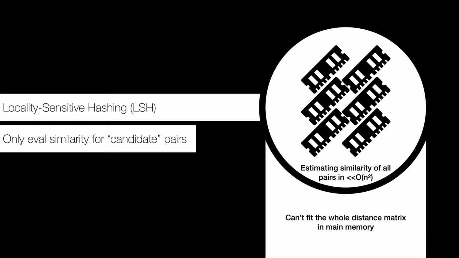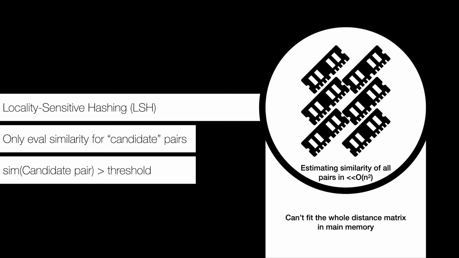So rather than trying to fill out the full similarity matrix or the full distance matrix for all n-squared pairs, we only want to evaluate similarity for some candidate set, some set of pairs. We only evaluate similarity among a pair if we think it's actually similar, if its similarity is above some threshold, which lets us throw out a whole lot of elements